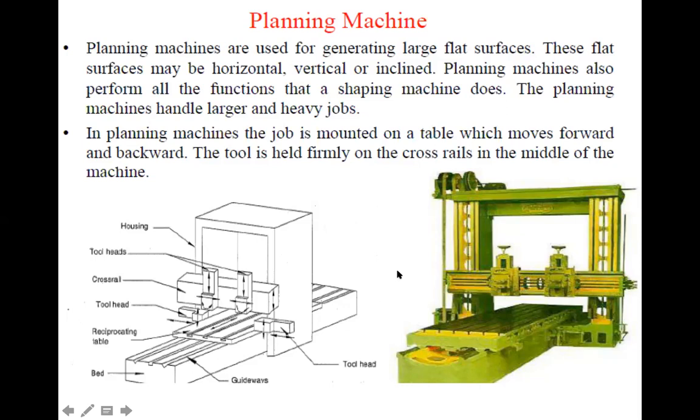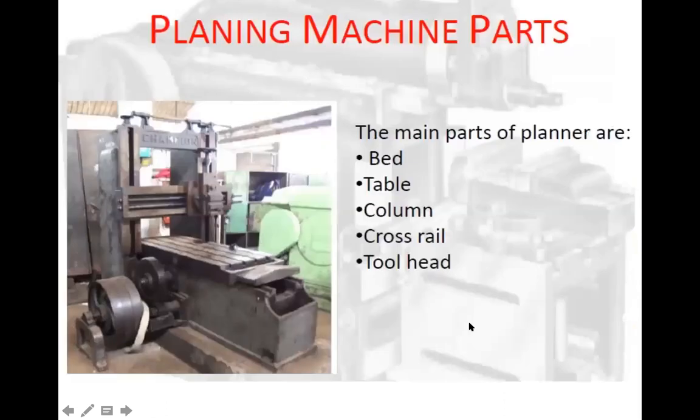And the major difference between shaper and planer is that here the workpiece is reciprocating and the cutting tools are stationary. As the workpiece moves, this removes the material, and feed is also given to the table here. Coming to the major parts, I'm coming back in the next slide to the difference between shaper and planer. The parts here are also the same.